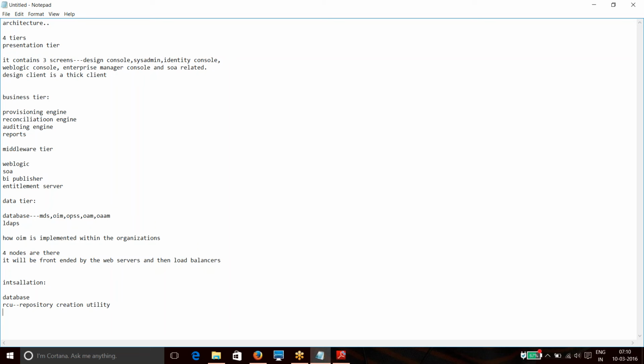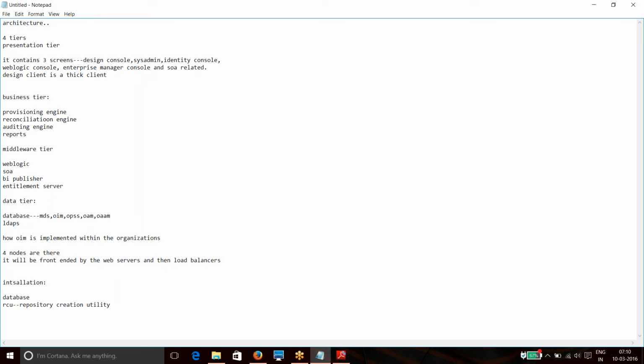The database will be installed by the DBA team normally in organizations. RCU is done by either the DBA or OIM people, because sometimes if they give access to us, we need to create it. Otherwise, we need to help them in creating the schemas using the RCU.